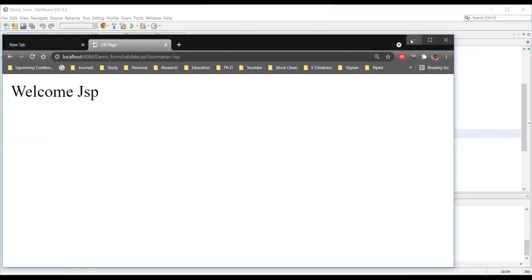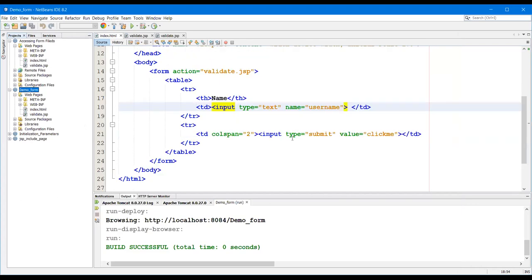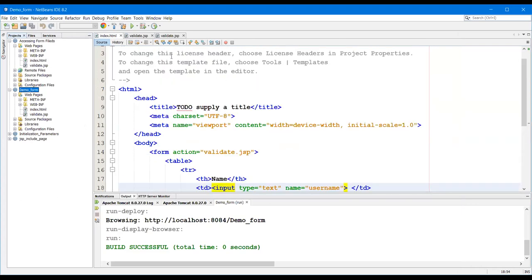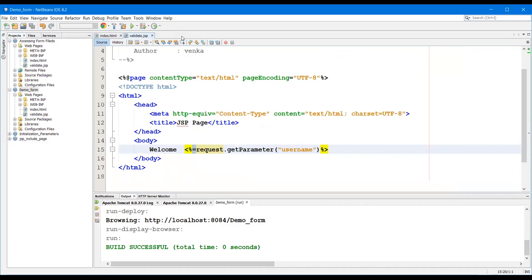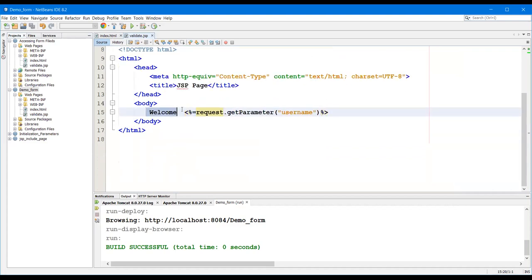What is the beauty of JSP? If you observe this JSP program, how many lines of code have we written? A single line, and with it we are able to get the parameter.